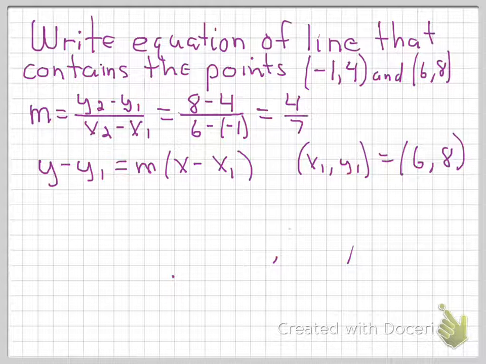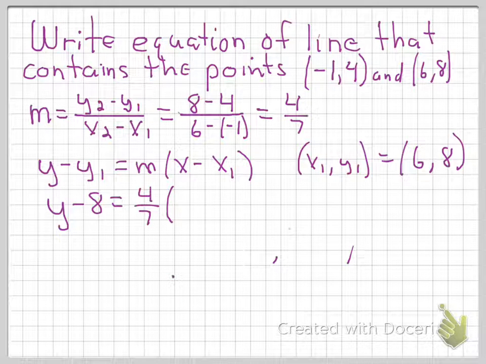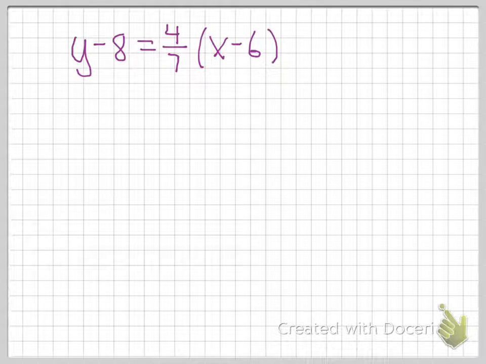Okay, so the equation of our line in point-slope form is y minus the y-coordinate, 8, is equal to the slope, which is 4/7, times x minus the x-coordinate, which is 6. On our next slide, we'll show how to convert this equation into slope-intercept form in case that's what we'd like to have. As a last step, suppose we want to convert the line that we got on the previous page,